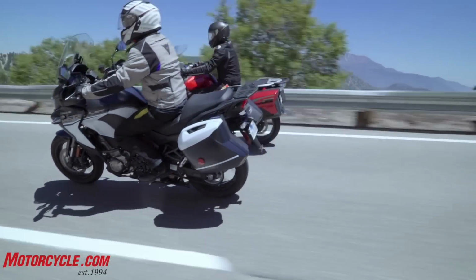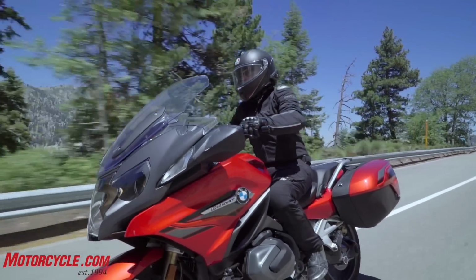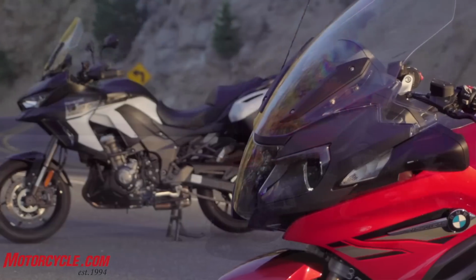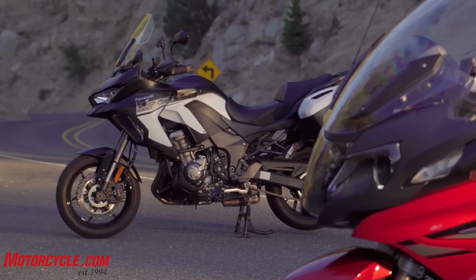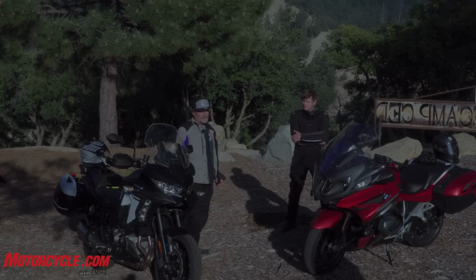The BMW's got a little bit more fairing coverage. It's a little wider up there. So that was kind of our conundrum with doing this whole thing. And that was Kawasaki's motivation for building this bike, I think. They still have the base model, which is only, I think, 12 or 13,000. Right. And they've added all the stuff to this to make it the